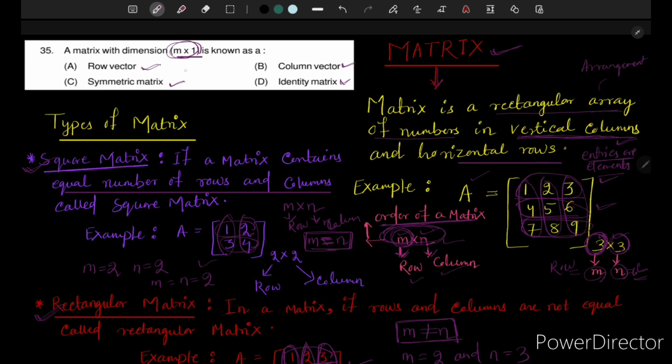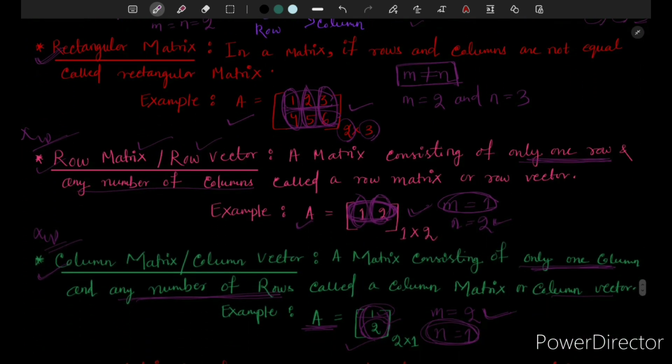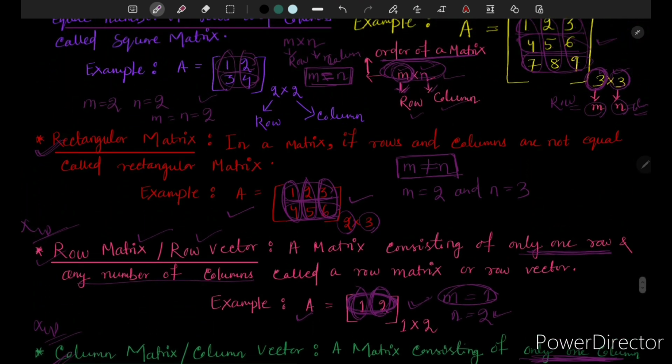So we have m rows and 1 column. I have already told you that if a matrix consists of only one column and any number of rows, you can take any number of rows, but only one column, then that type of matrix is called a